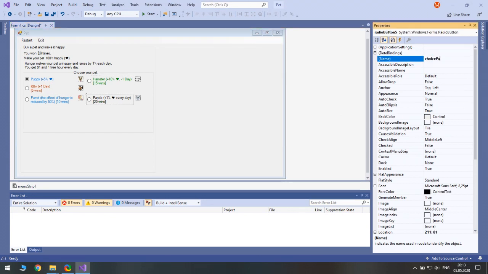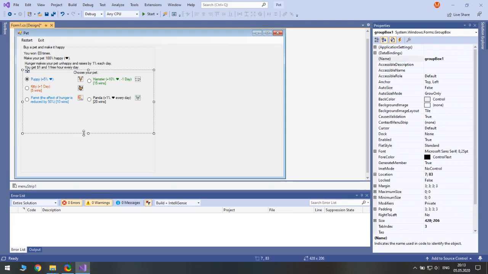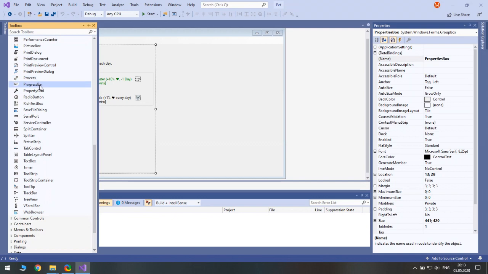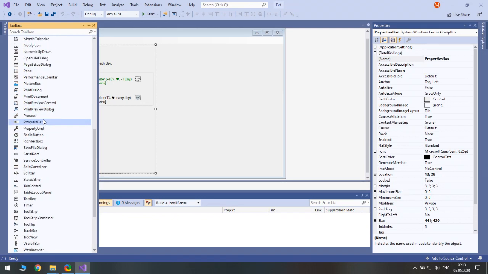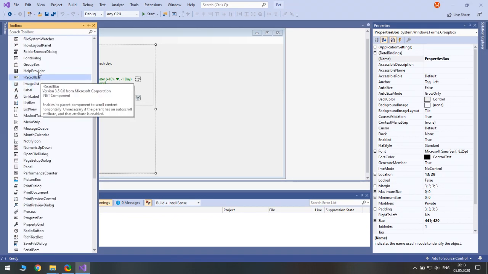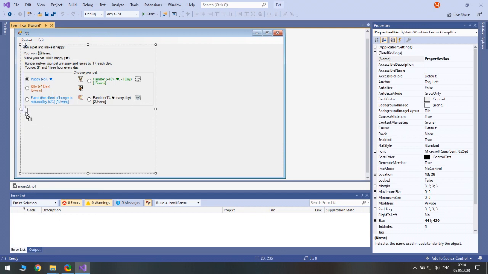Choice not E but panda. Yeah, because it is so special. Well, I guess that's it for the pet choice. Next, we will choose the age. So we will need another group box here.